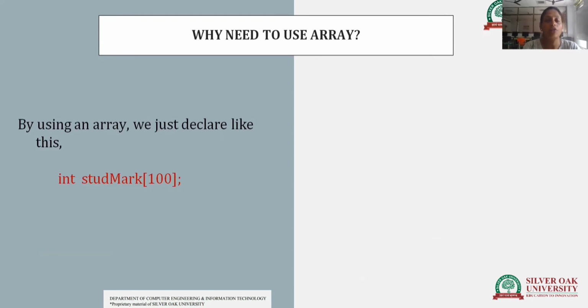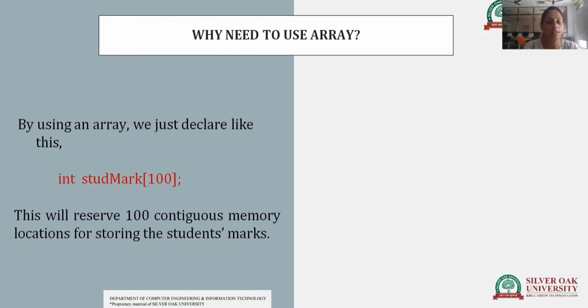Declaration of 100 students with only one syntax: see, int student_marks[100]. That means integer is the type of the array, student_marks is the name of the array, and the size of that array is 100. After the name, the value which you assign is the size of the array, so the maximum length of the array is 100.